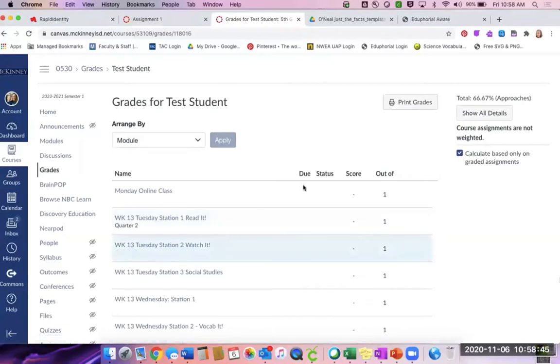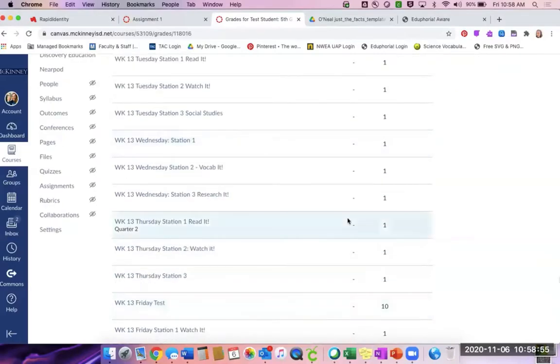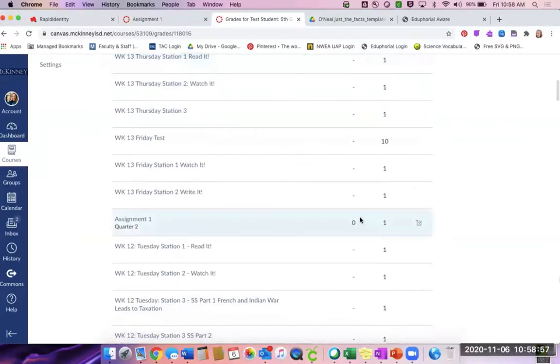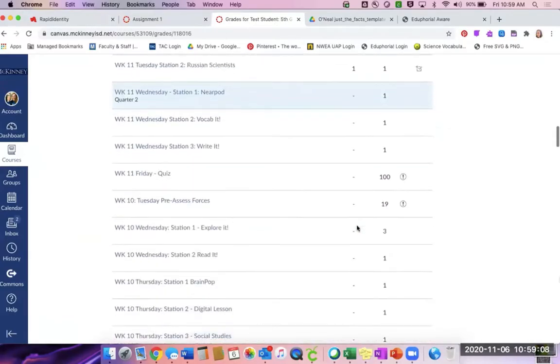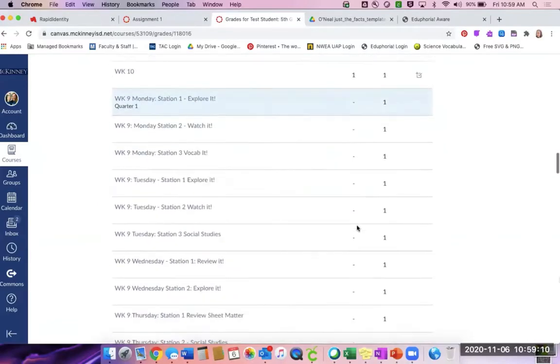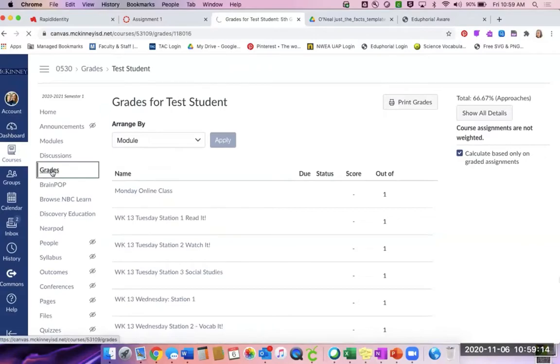So when you go through, you can see if there's a line, that means that it's something that you did not grade yet and they did not submit anything. If it has a 0, that means you graded it. That's the thing I just graded, and they got a 0 because they didn't do the work. So there's a lot of lines because this is just the test student, a lot of things that they haven't done. If you see, like in my regular grade book, you can see that